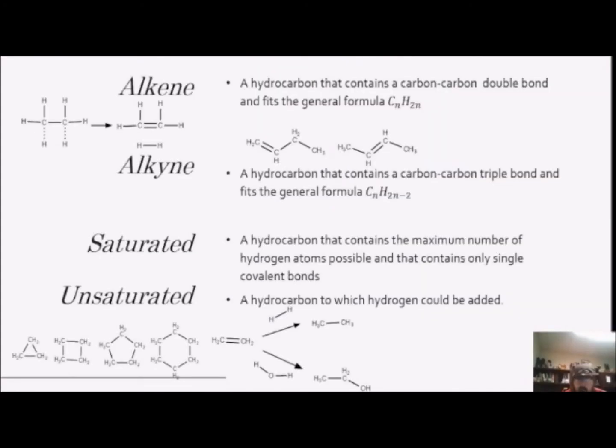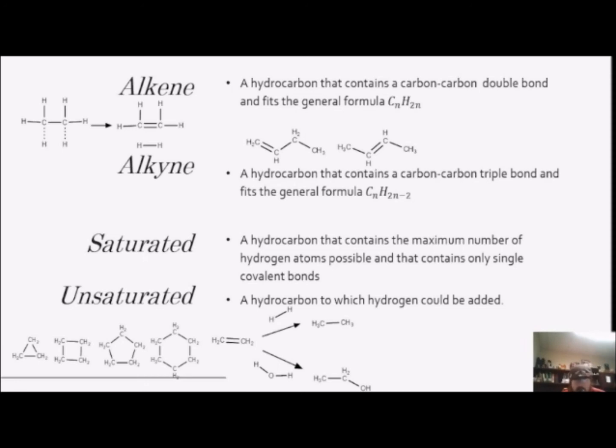Just like we removed a hydrogen radical to turn methane into ethane, what if we remove 2 hydrogen radicals from an ethane molecule? Instead of making a 4-membered ring, we can instead make a second bond to the carbon. So you have a carbon-carbon double bond. It'll make our first alkene. An alkene is simply a hydrocarbon that contains a carbon-carbon double bond. And it should fit the general formula of